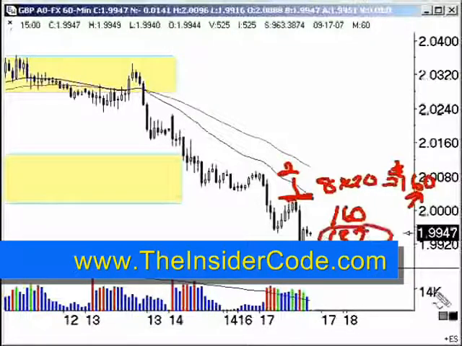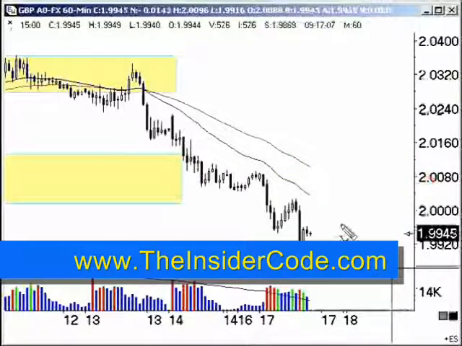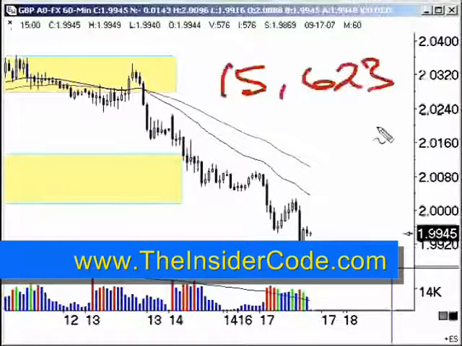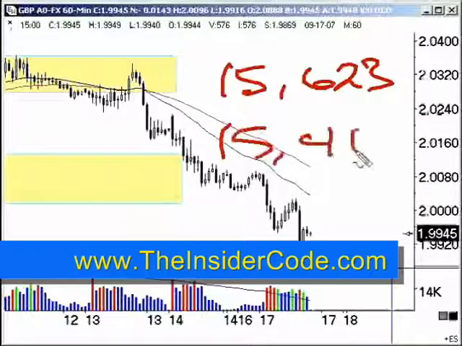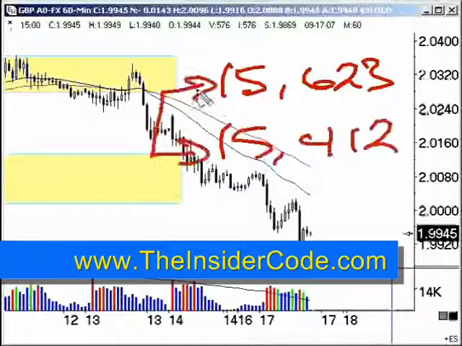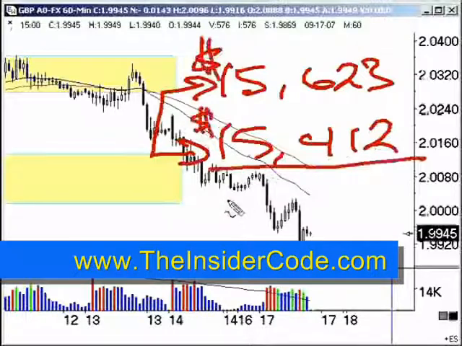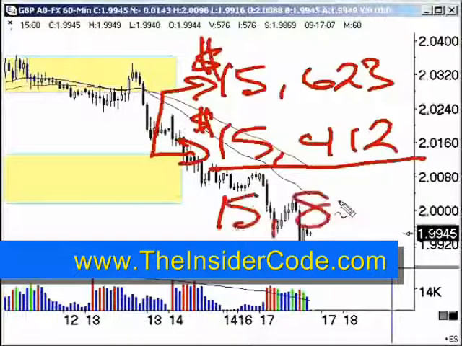So you're still profitable. I look at risk in terms of, is it going to draw down my equity? So if I start off the day and I've got $15,623, if I end the day with $15,412, then I took some risk that day, meaning I lost money. Okay, so that's the risk. And the next day I'm starting off with this balance. So if the next day I wind up with $15,874,